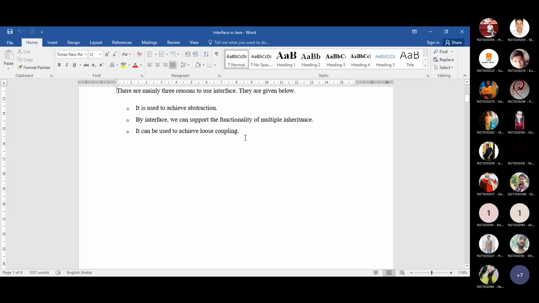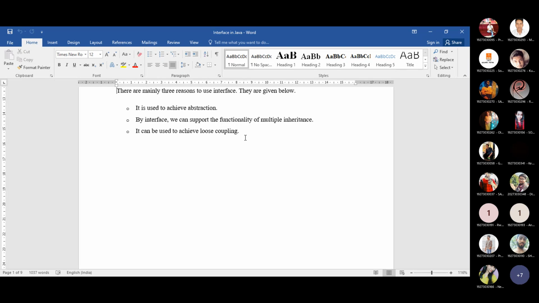Coupling means it is the degree of interaction between several modules. As you know about software engineering, I think you are already familiar with the modular approach to develop software. Modular approach means you are subdividing the whole functionality into several modules, and those modules are nothing but several pieces of code.